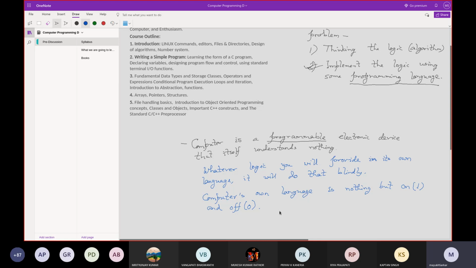So what are we going to provide? Do we have to write those logics in terms of zeros and ones? The answer is no. The fact is, the oldest programmers, maybe around when the first computer came around the 40s or 50s, okay, I have forgotten the exact year, those first generation programmers really wrote logics in terms of zeros and ones.